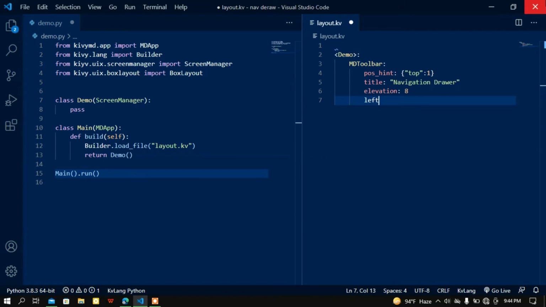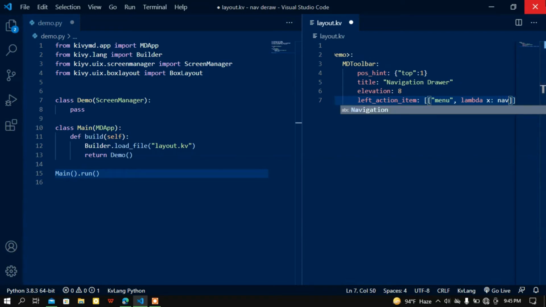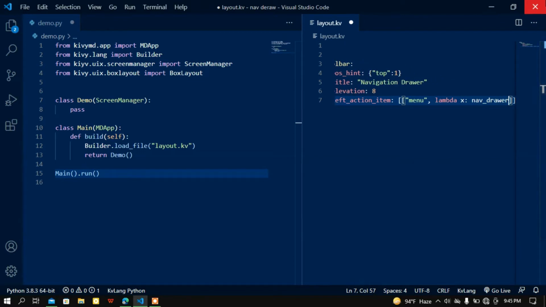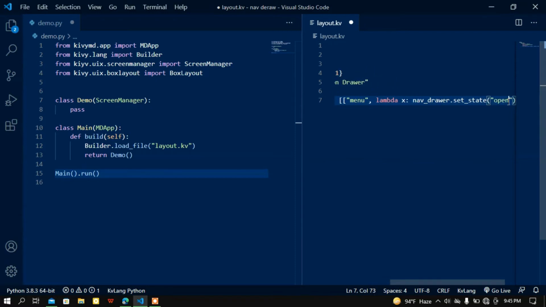and then I want to add a menu button, okay? So for that I want to call the left_action_items attribute, okay? Left action items, and it will be in a list, or let me call the icon. After that I want to add a lambda function, okay? This function is going to handle the navigation drawer, okay? So for that let me pass a colon, and here I want to pass an instance or a widget's id called nav_drawer, and this nav_drawer will refer to our navigation drawer widget. Okay, so nav_drawer.set_state open. Okay,